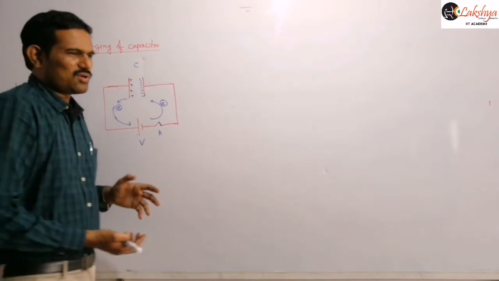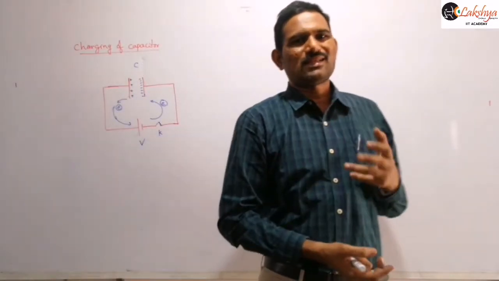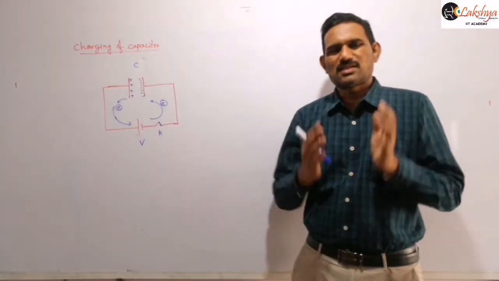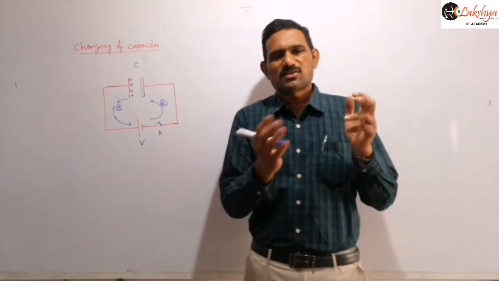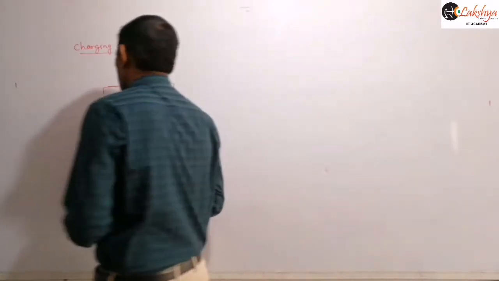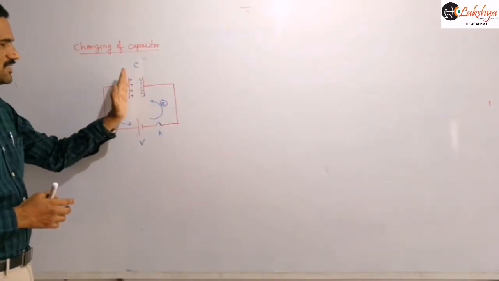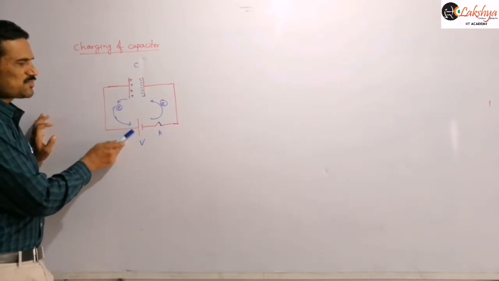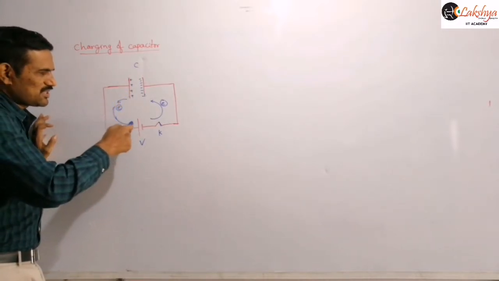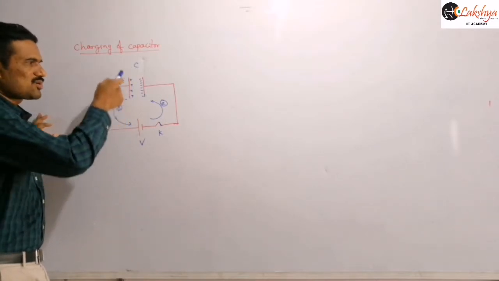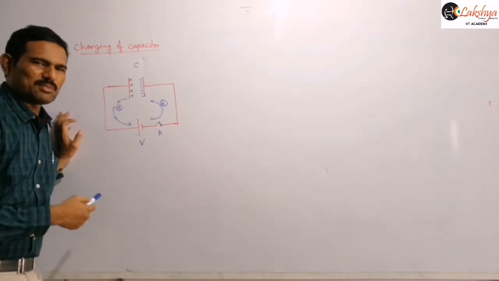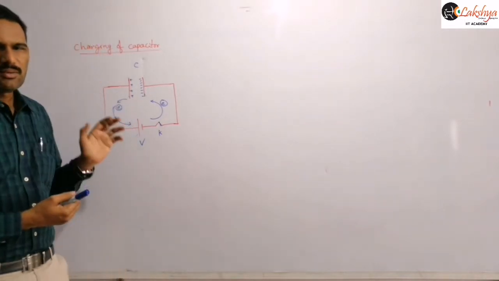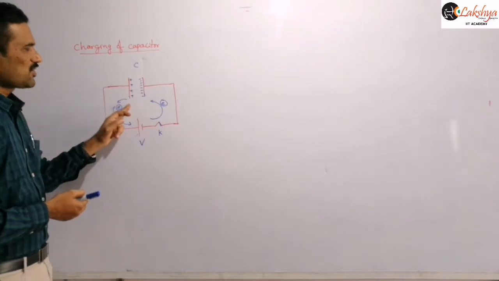We already discussed that the battery does not supply any excess charges. It does not supply any excess charges. It just supplies the energy to the charges already existing in that system. Similarly, from this plate, this battery is attracting some electrons. This is the positive plate. Now this positive plate will attract some electrons present in this plate. When some electrons are removed from this plate, it automatically has a deficiency of electrons. The deficiency of electrons is nothing but what we call positive charge. And so now this gets a positive charge.